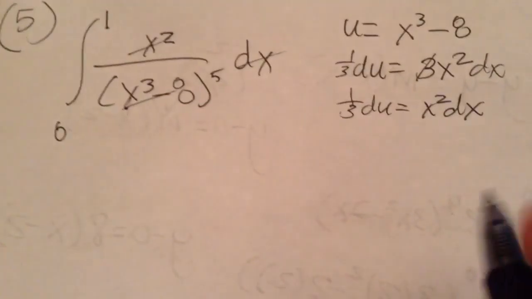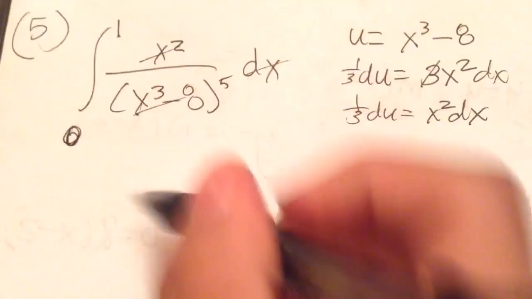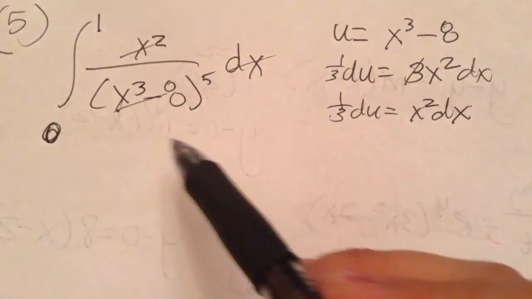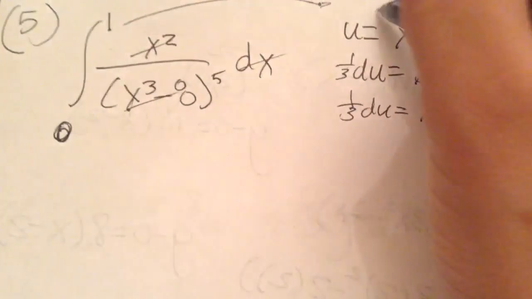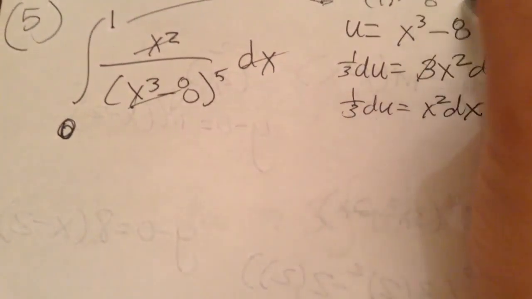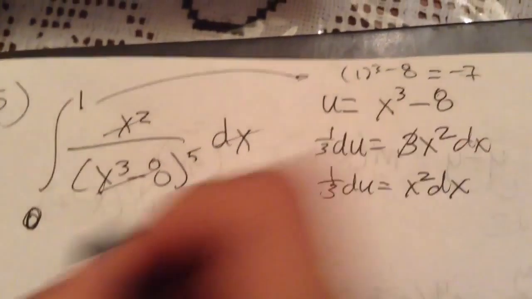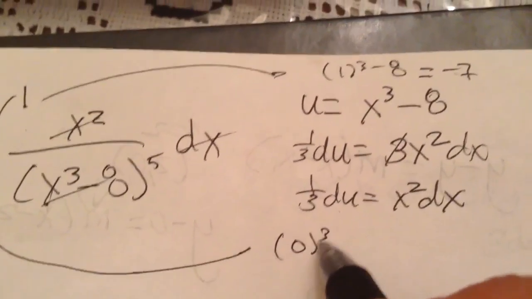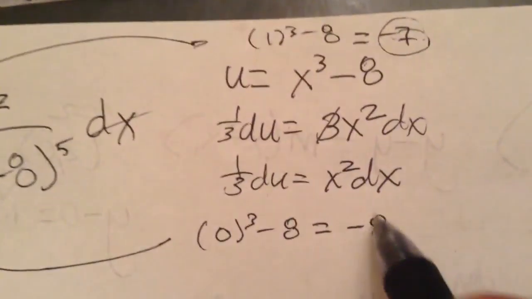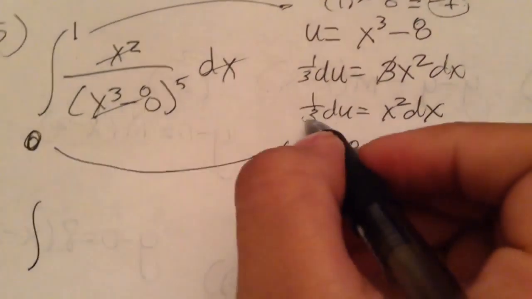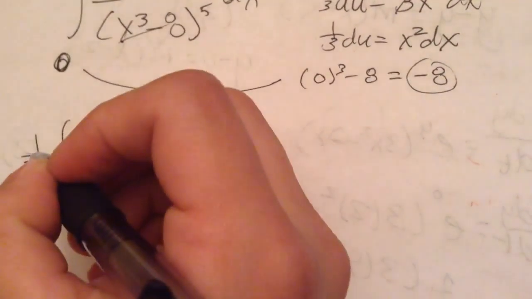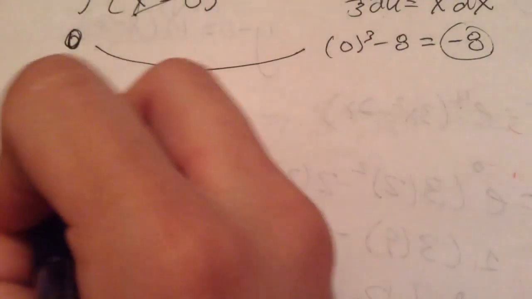So before we move any further, we have to replace these boundaries by u's, because right here they're x's and we're trying to replace them with u's. So right here we're going to have 1 cubed minus 8, which equals -7, and we're going to have 0 cubed minus 8, which equals -8. So right here we already have our two boundaries, -7 and -8, and so we're going to write a new integral basically. We're going to do this 1/3 on the outside of the integral just to leave it to the end of the problem. And right here we're going to write our new boundaries, -8 to -7